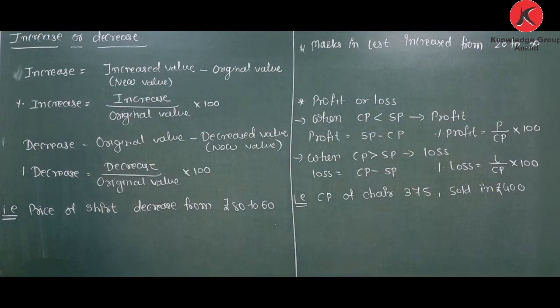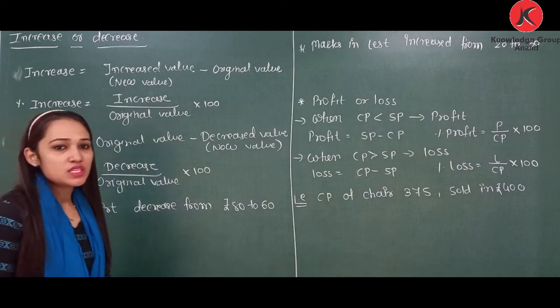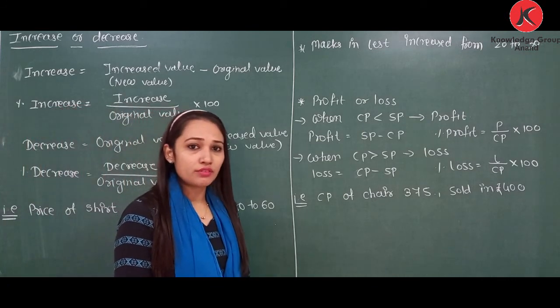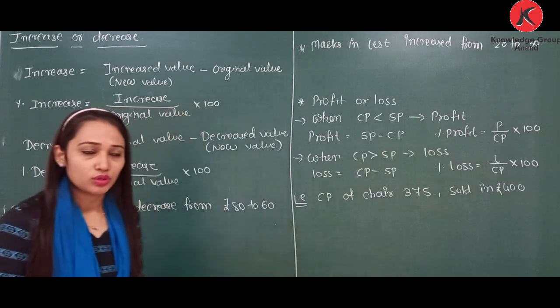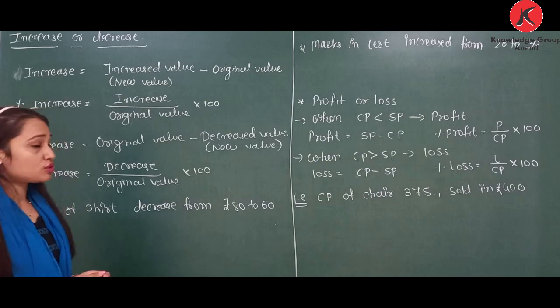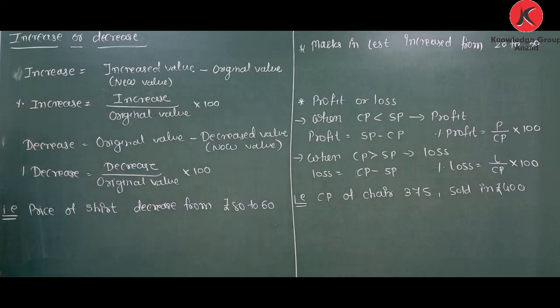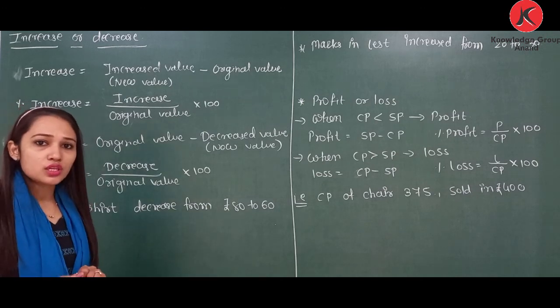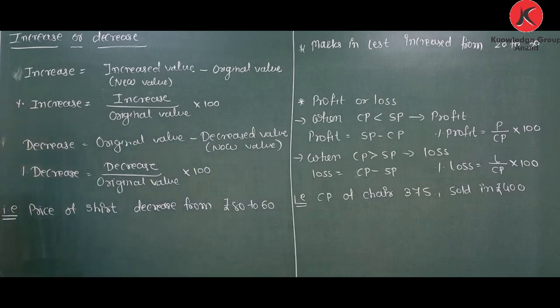After that we learn about increase and decrease. Increase means increase in a given value and decrease means reduction in a given value. So here we need to consider two values, that is the increased value and the original value. Increase and decrease are always counted on the original value. As we learned that percentage is counted from 100. So if you want to give the answer on how increase or decrease is counted, you need to say that it is always calculated on the original value. In the original value how much increase and in the original value how much decrease. So always it is calculated on the original value.